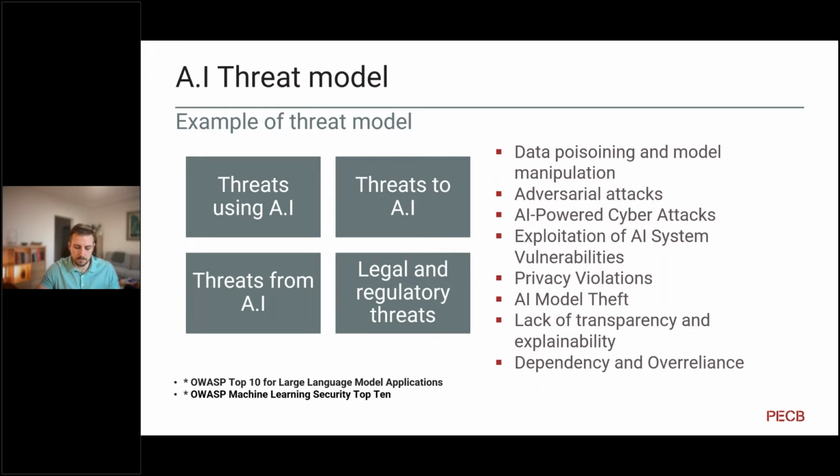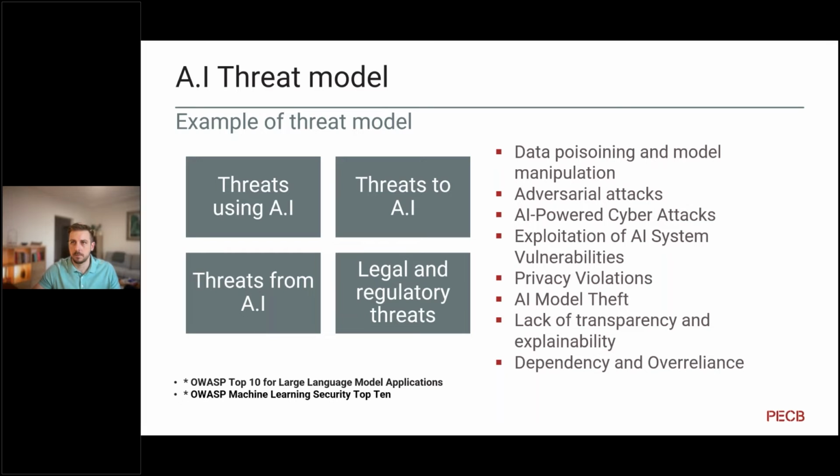So in this slide, you see that we gathered on the right more specific threats that can characterize AI. As we say, AI brings numerous benefits, and it will also introduce a range of cyber threats that need to be carefully managed. Building a threat model and enumerating threats is highly important from a risk assessment perspective. So let's take some examples that are specific to AI.